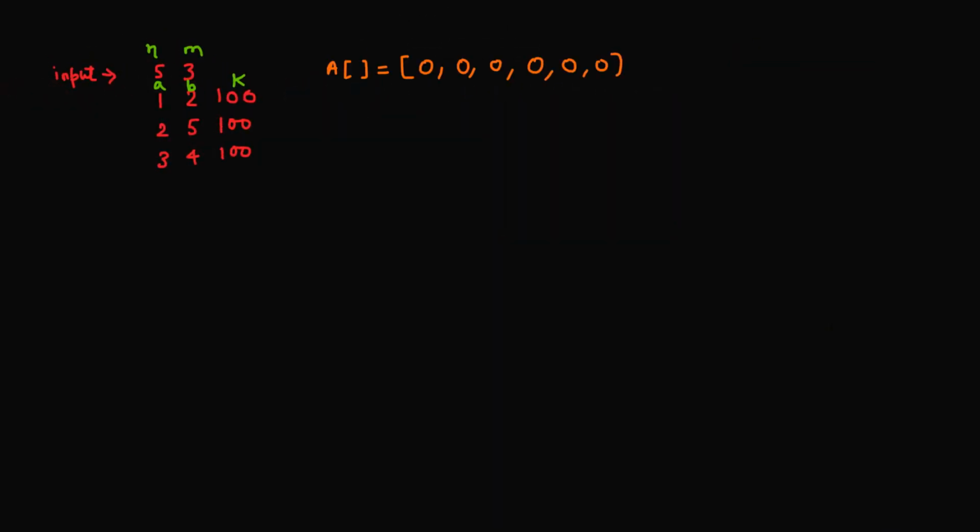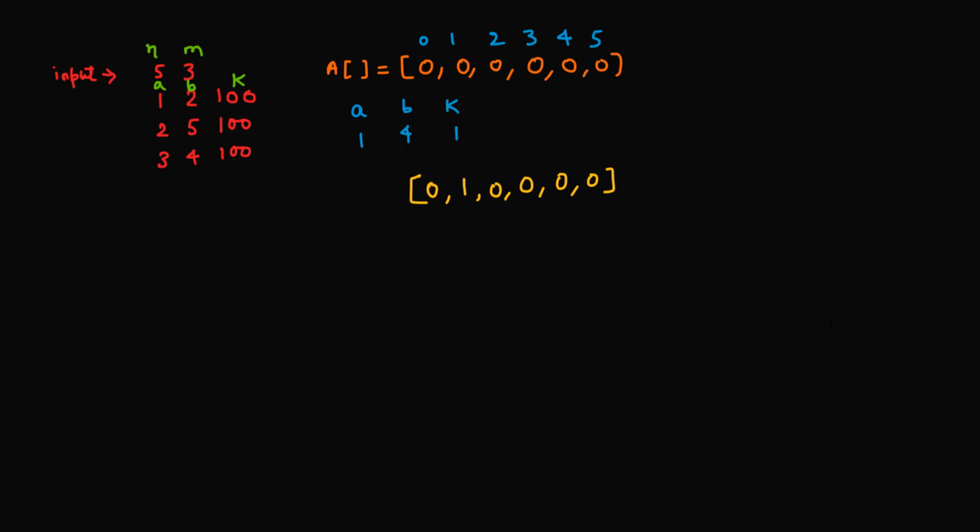Suppose I have an array of 6 elements, index from 0 to 5. If we have a query something like this, one solution we know, we will run a loop from 1 to 4 and add 1. But now I am going to tell you the alternate way of doing it. I am just going to add 1 at first. So I have added first. That's it. But we have to add 1 from 1 to 4. But what I will do, I will add only at the starting place.